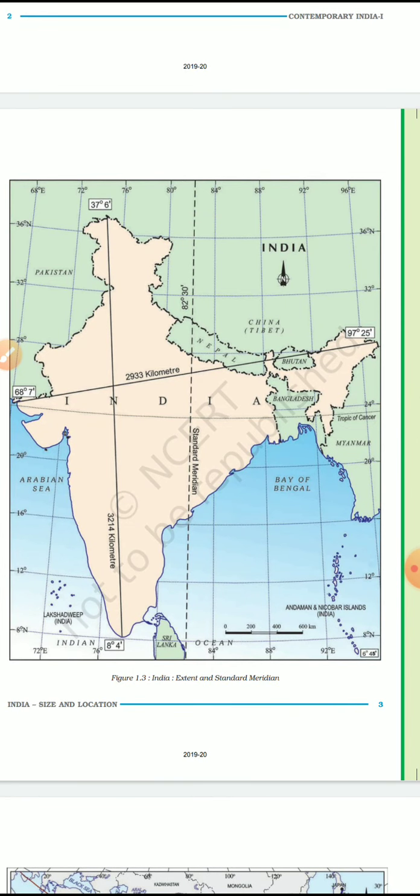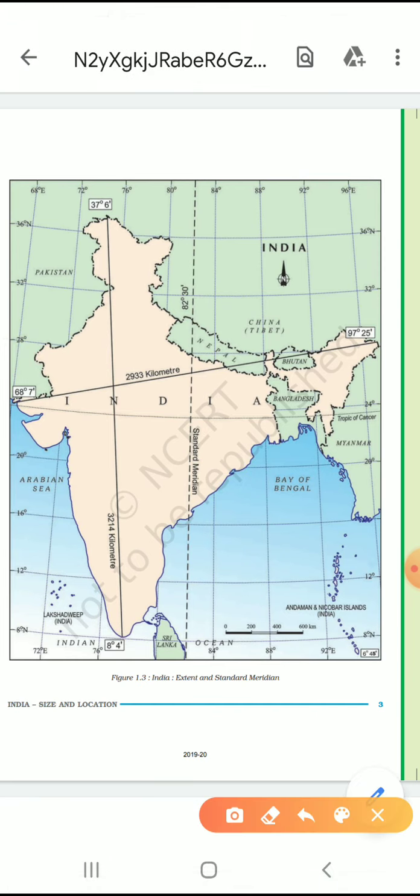location. The mainland extends between the latitude 8 degree and 4 minutes north and 37 degree and 6 minutes north. So here also you can see that India is extending from 8 degree 4 minutes north to 37 degree 6 minutes north. Okay, and from east to west it extends from 97 degree 25 minutes to 68 degree and 7